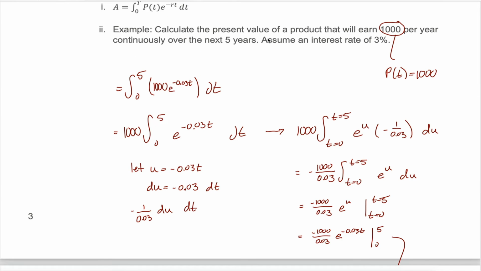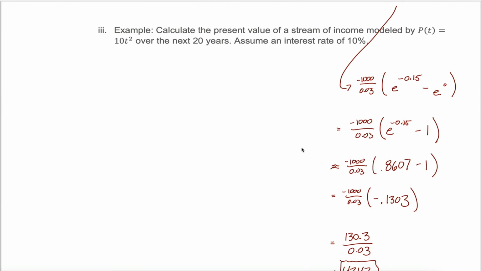Wait, what were we trying to figure out again? Oh, right, the present value of a product that'll earn $1,000 per year for the next 5 years. So when you're thinking about how much that thing is worth, you might be thinking it's worth $5,000. But it's not worth $5,000 because you're not getting that $5,000 right now. You're getting it continuously over the next 5 years. And because there's interest, money that you receive in the future isn't worth as much as money right now. So the present value of this product is not $5,000, although a naive approach might suggest that it should be, but instead it's equal to